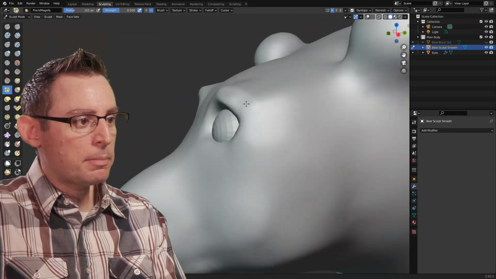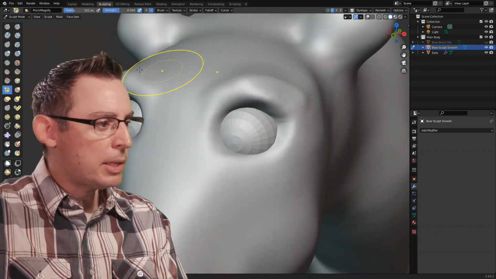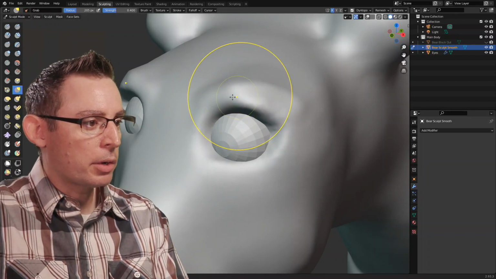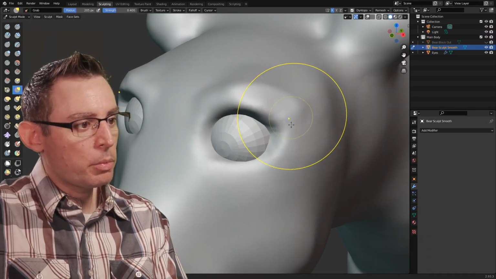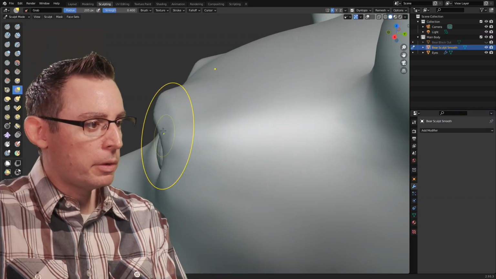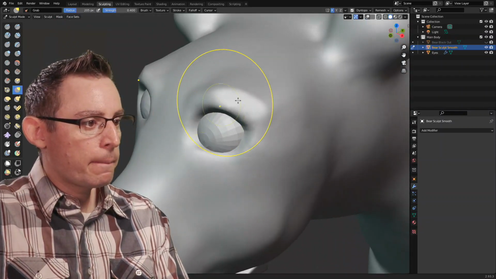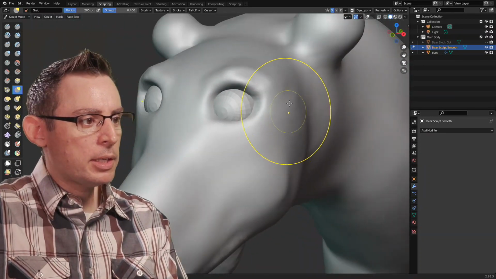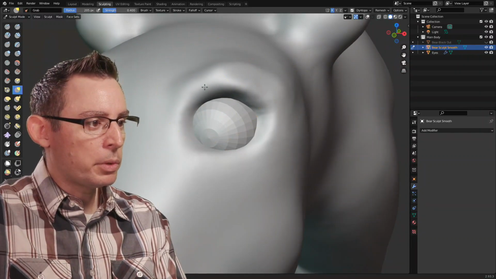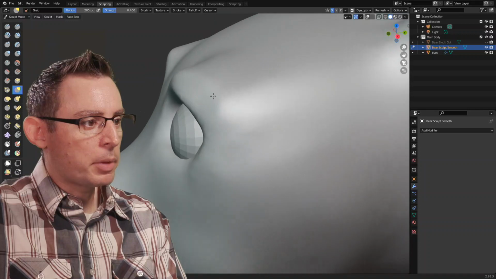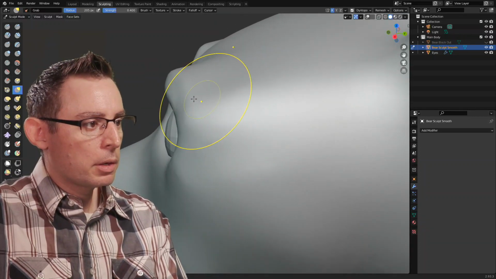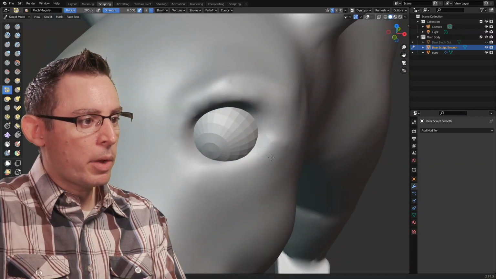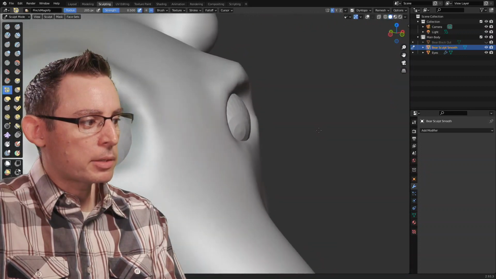Now, to reference, this may not be the most accurate, but that's okay. I'm now trying to make it mine. I know that there needs to be a plane change in here, and I know that we want to have the illusion of an eyebrow in there. I may be punching it a little bit more than you do, and that's fine too. This is the cool thing about art, is that we all are going to see it a little bit different. I'm just using the Move tool here to narrow some of these plane changes. I'm going to go back into Pinch. I like the Pinch tool a lot. It's a great way to very quickly establish some plane breaks.